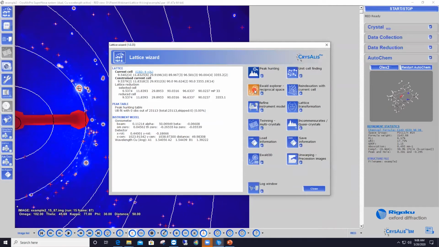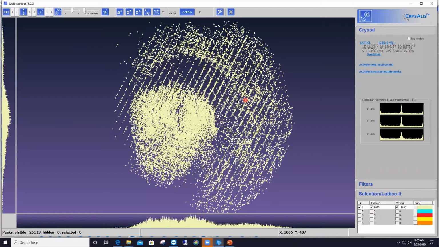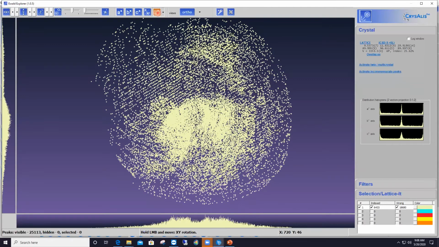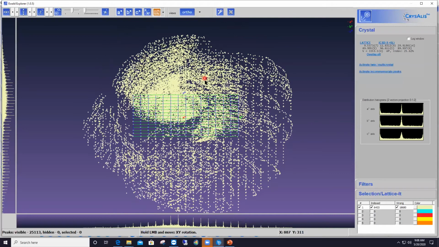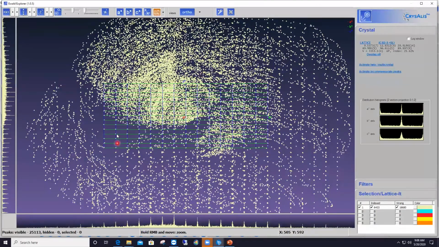And then open the Ewald Explorer, and you see what's going on here. We have a pattern of crystal reflections coinciding with the lattice points, and on top of that, we have a whole lot of ice features randomly spread throughout the